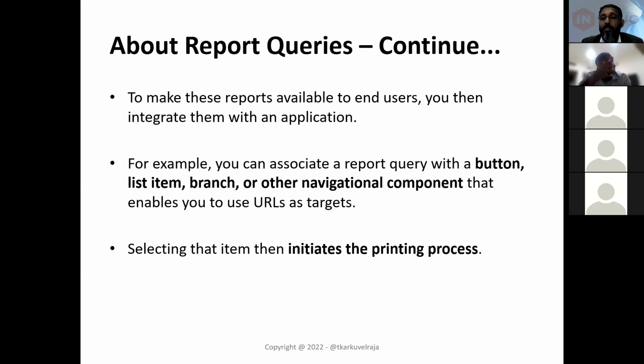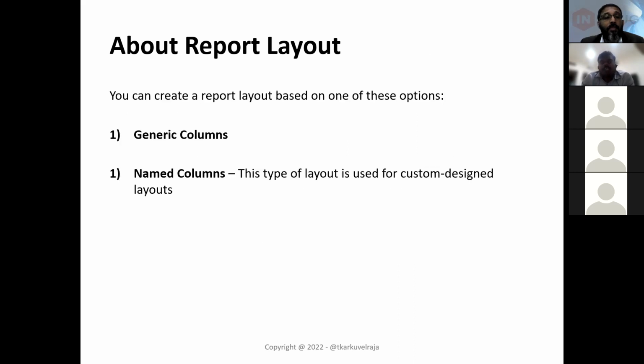And then, for example, you can associate a report query with a button, list items, branches, or other navigation components that enable you to use a URL as a target. Selecting that item then initiates the printing process. Okay, fine. So this is what a report query is. Okay, let's move to the